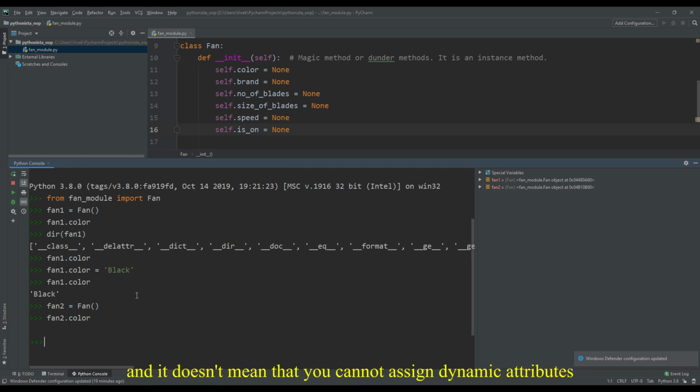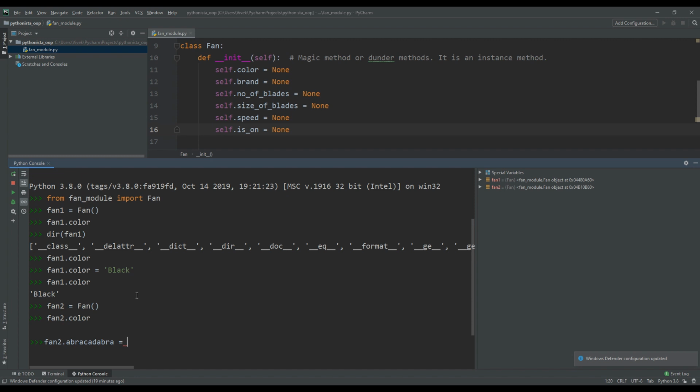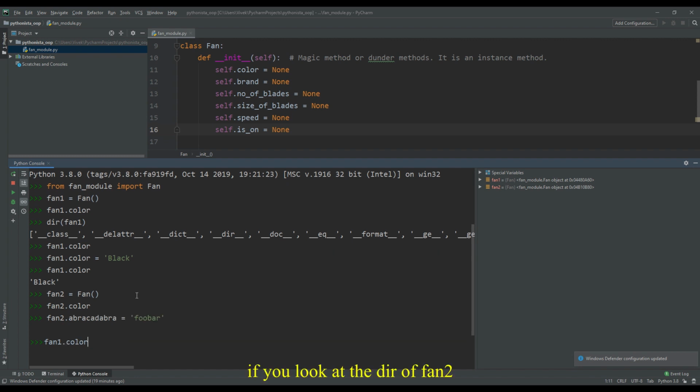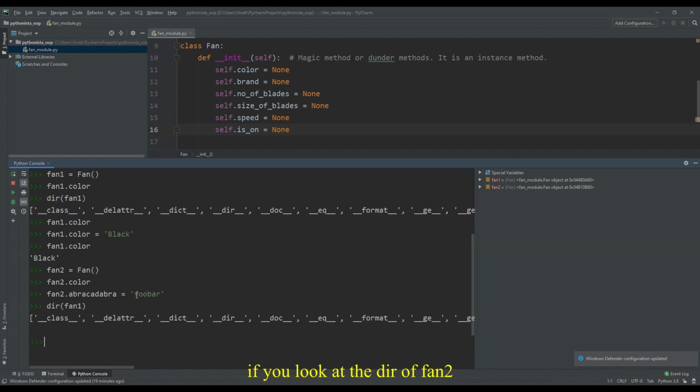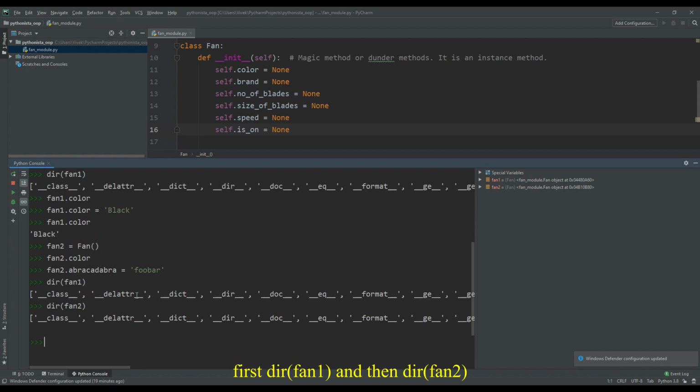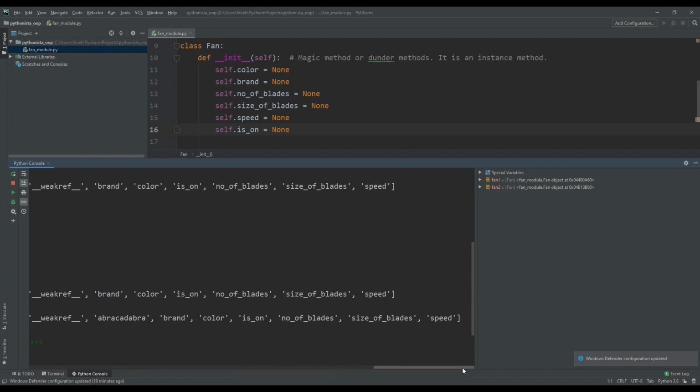And it doesn't mean that you cannot assign dynamic attributes now. You can still assign dynamic attributes. For example, I'll just assign, let's say, abracadabra. Now look at the dir of fan1 and then the dir of fan2. You see both objects we created using init have those 6 attributes which we defined in init.